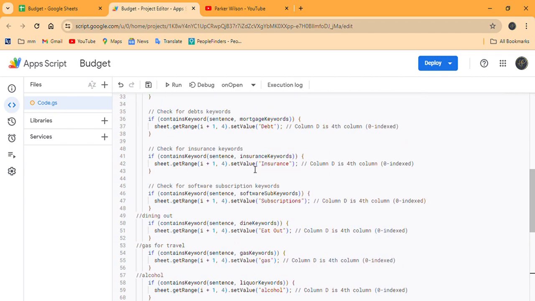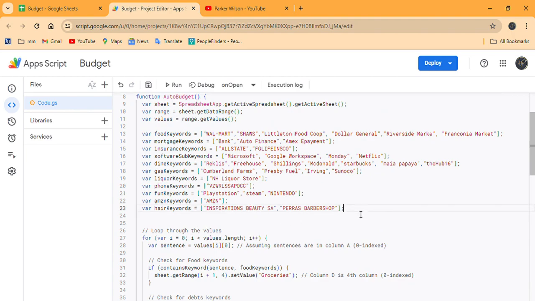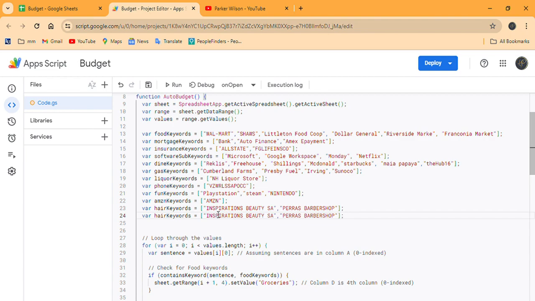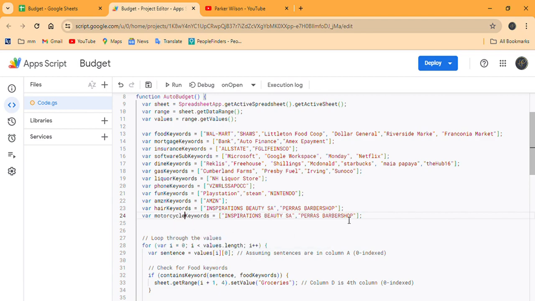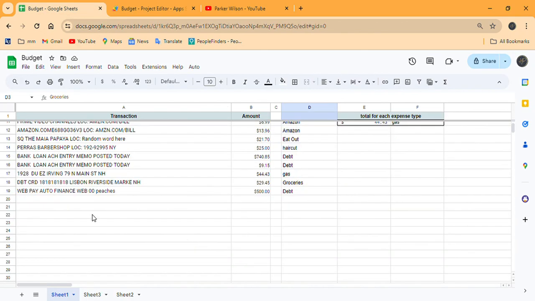And then we have to change one more thing up here. Let me just copy this row, paste it, change the keyword to motorcycle, and then we need to put whatever the word would be in here. So hit save. So now if we create a dummy transaction with a bunch of numbers and the word motorcycle in here,